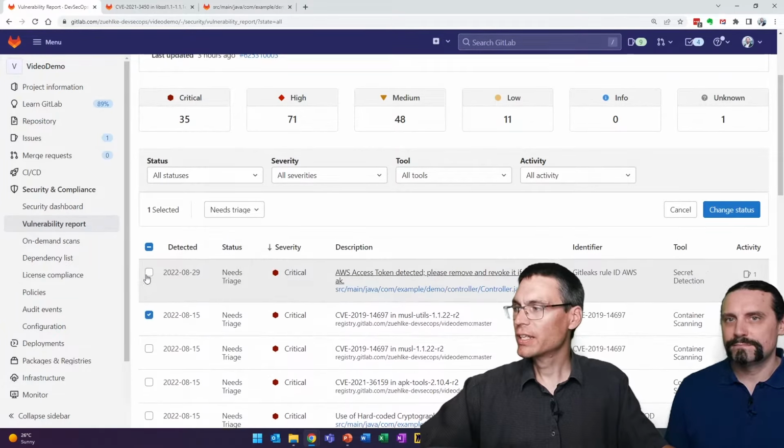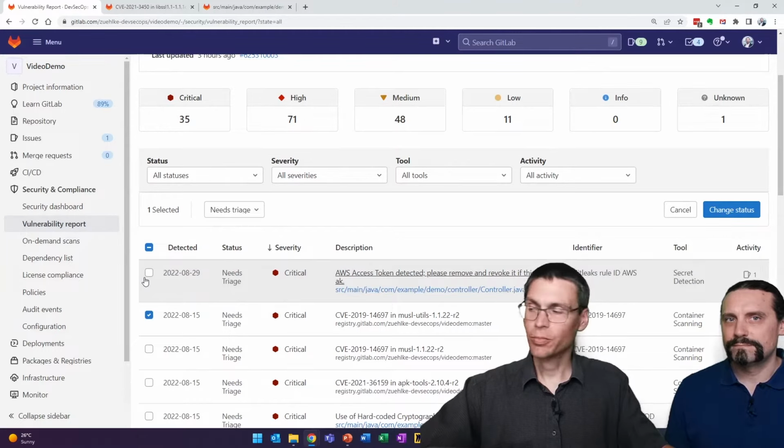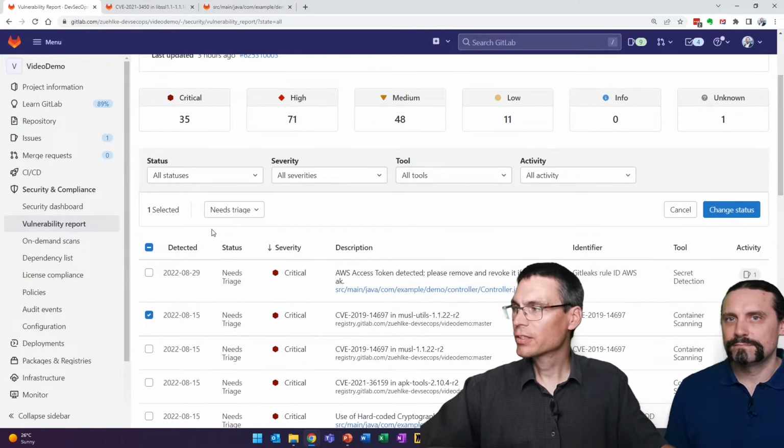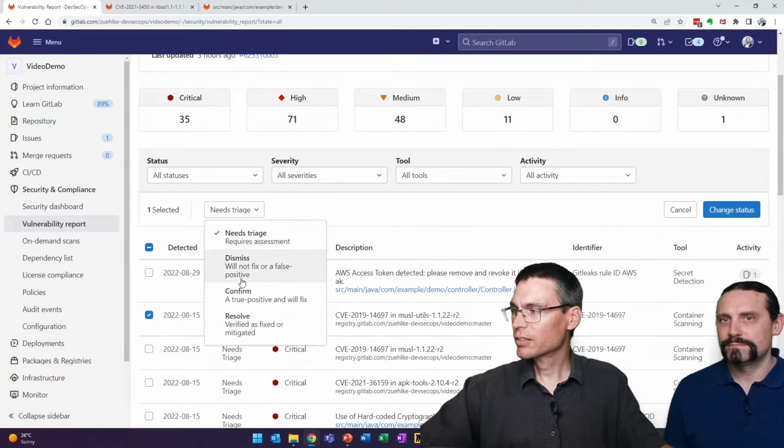So we set it to confirmed. I mark it, select confirm, true positive, that should be fixed, and change its status. Next, let's say we found that this other finding here was a false positive. So I can select it too, select dismiss,